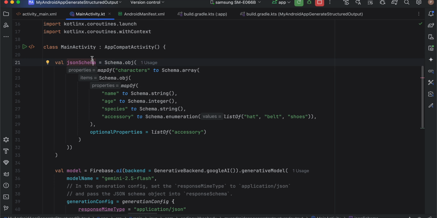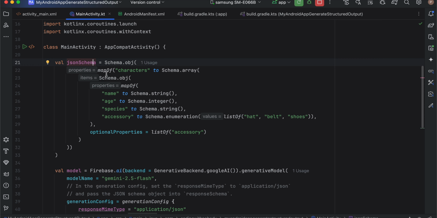Like it doesn't have to be a JSON schema. I'm just showing one of the outputs. It can be a normal string, normal integer, whatever you feel like is right for you, but it's better you follow some proper structure, because by default we are getting string as the output from Firebase AI logic, so it doesn't make any sense. If you have some complicated output format which you want, then maybe this particular approach makes